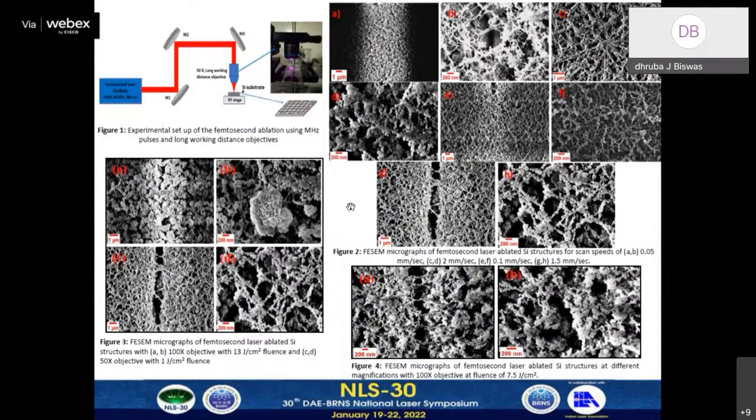So we have taken laser structured silicon with a scan speed of 1.5 mm per second for our SERS studies. We have made square patterns, as you can see in the image, because these have proven to have an advantage in our previous studies. To give the sample a plasmonic nature, it was coated with gold by the thermal evaporation method.